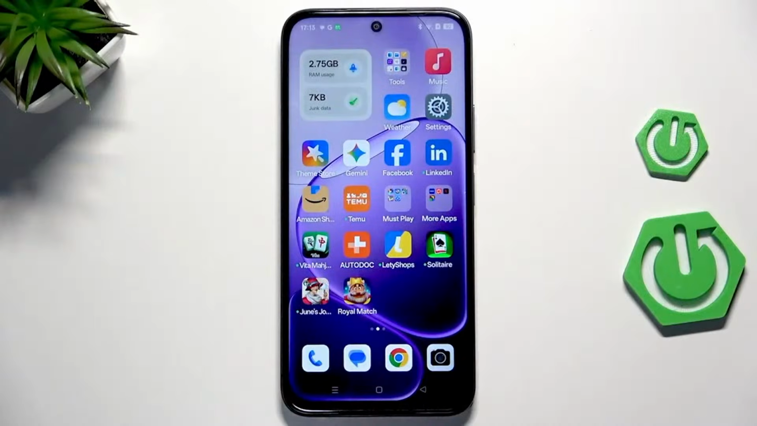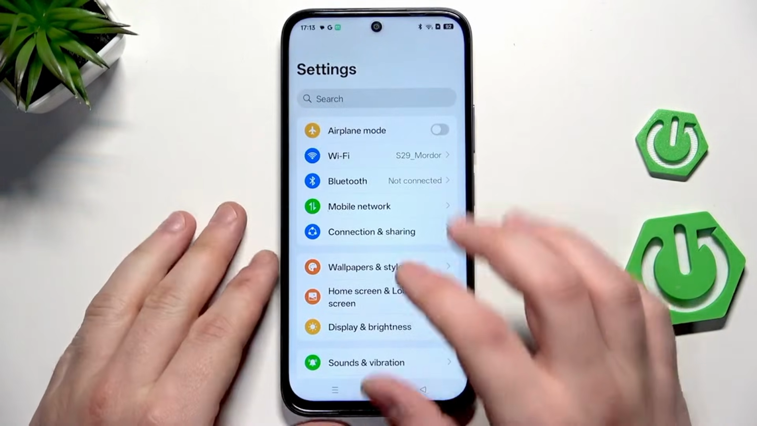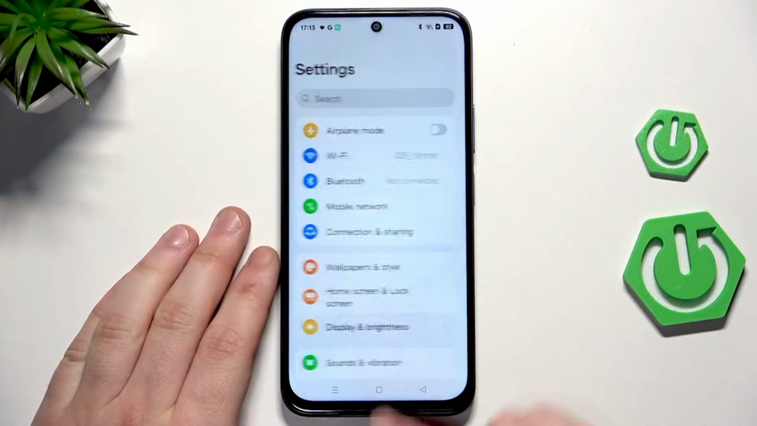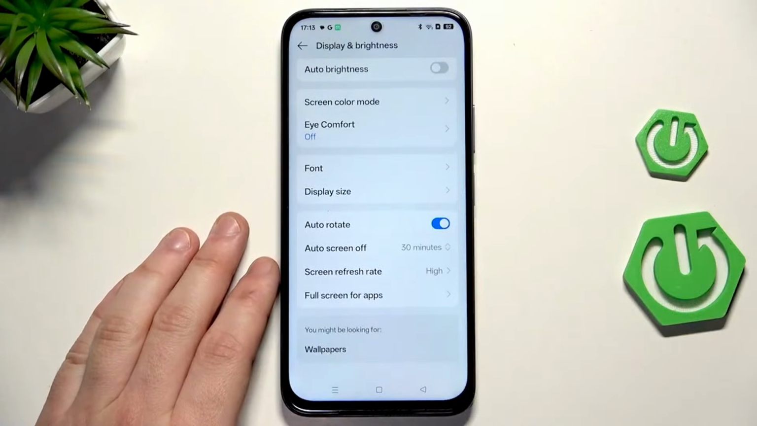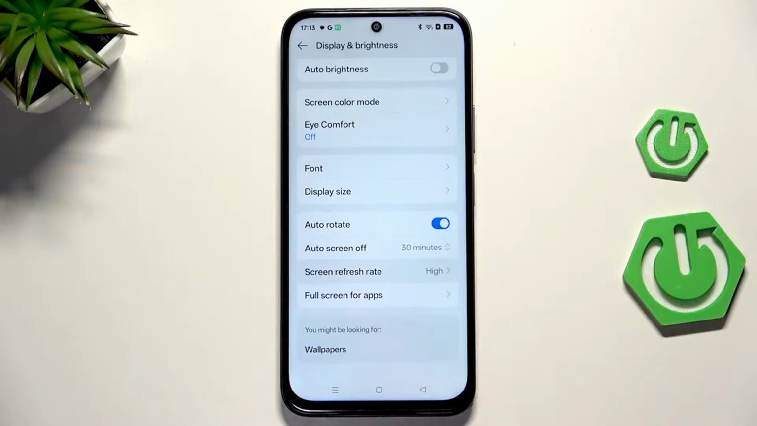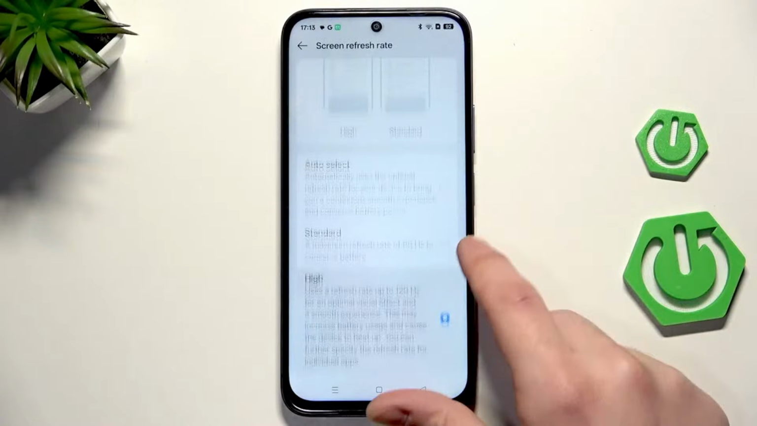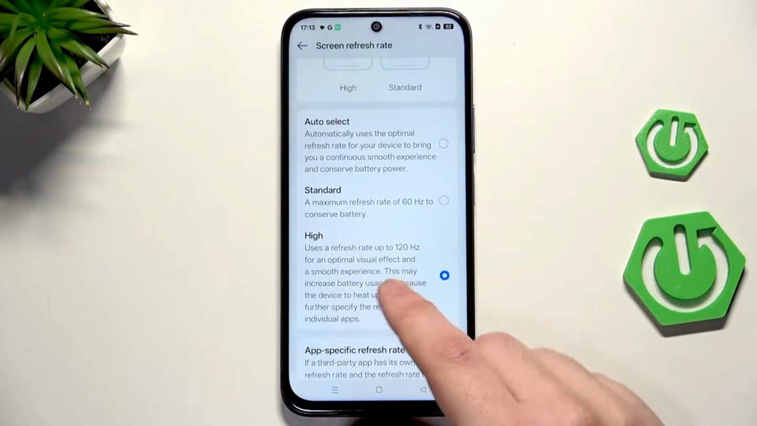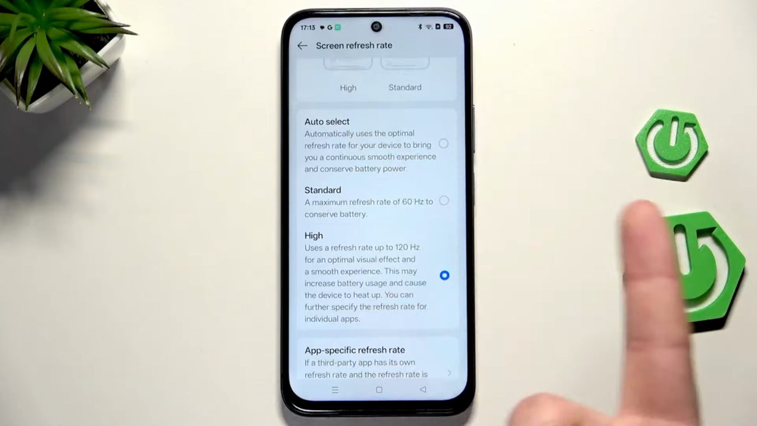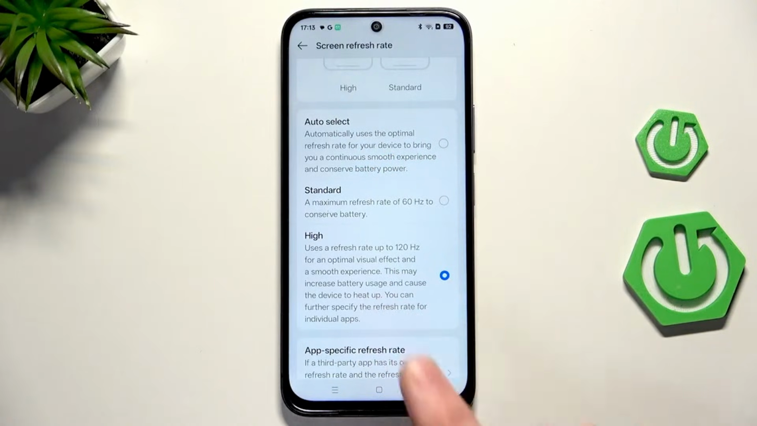Alright, so let's begin with setting up the high refresh rate on our screen for the smoothest animations. To do it, open up your settings, and then find display and brightness, scroll down a little bit and click on screen refresh rate. And set it on high or on auto select. When you pick high, you will always have up to 120 Hz refresh rate with the smoothest animations,